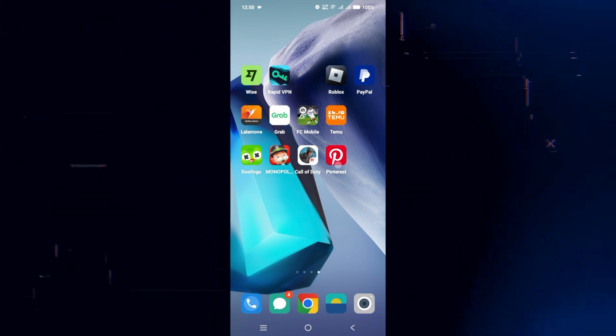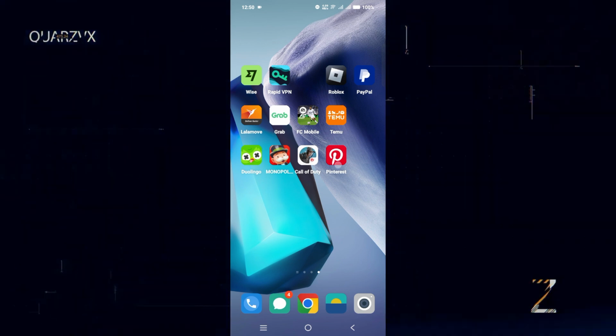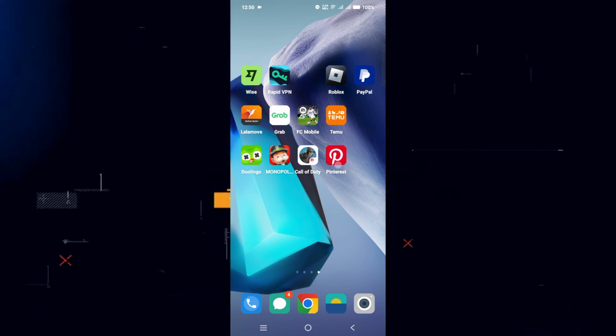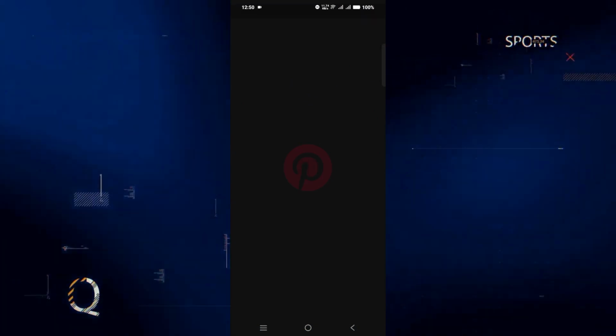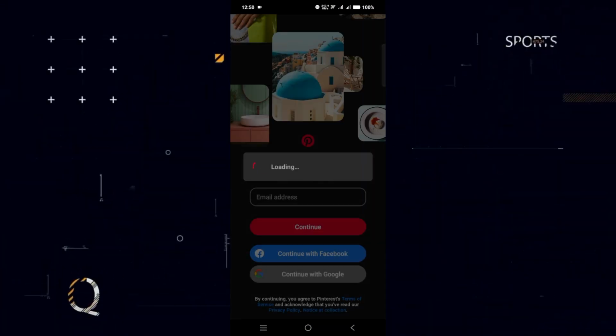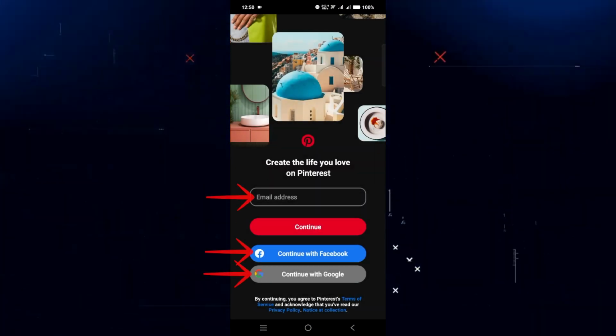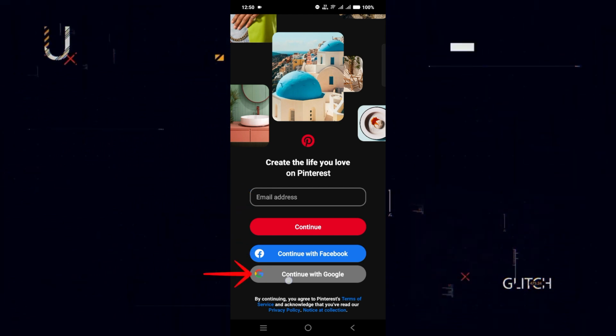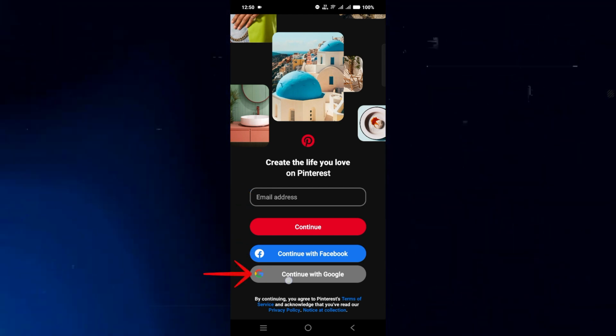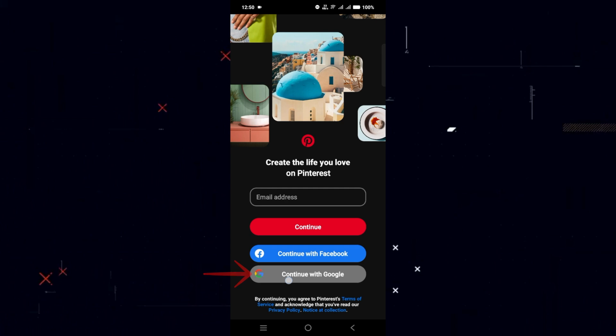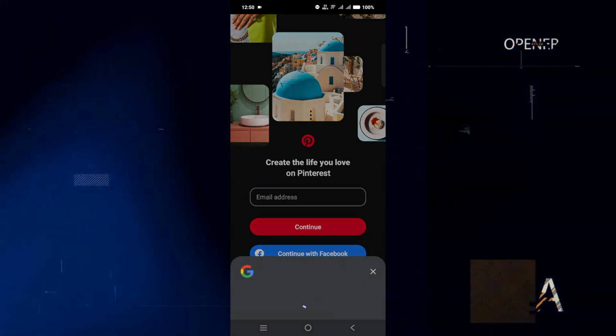So let's get started. So first, open the Pinterest app. While we are in the Pinterest app, log in first. It's up to you on how you want to log in your account. For example, I choose to continue with Google, so I tap on it and do the credentials to access the